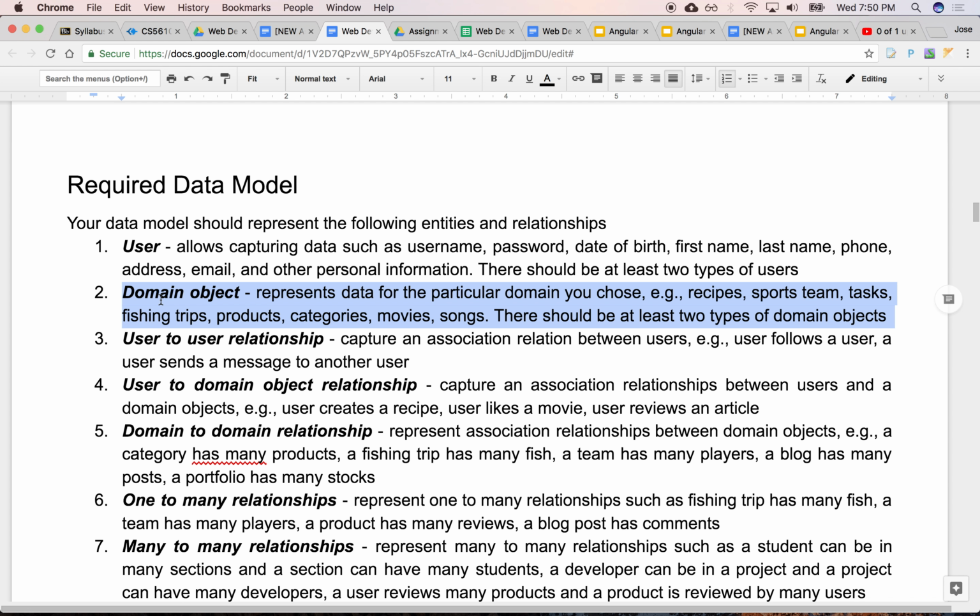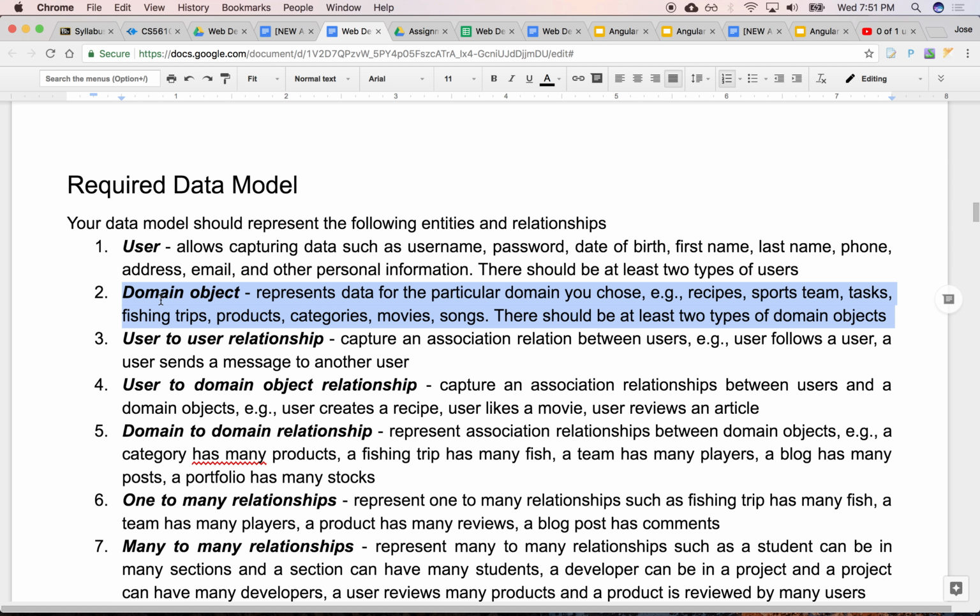And then you have a domain object. The domain is whatever you choose: sports, books, healthcare, Department of Defense, I don't know, whatever domain you choose. That domain will have different types of objects.